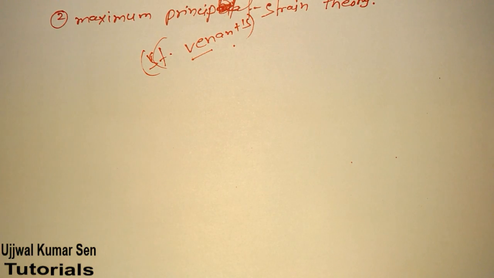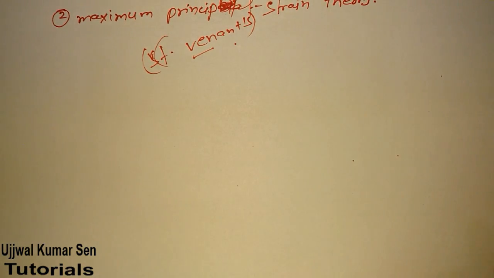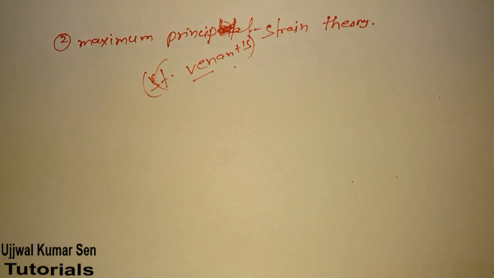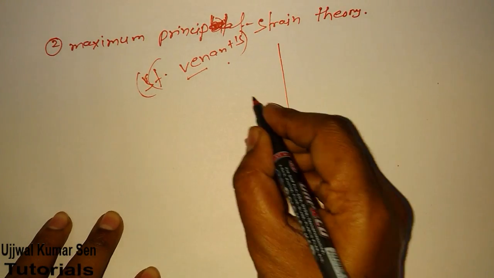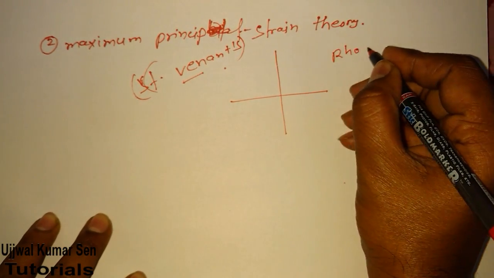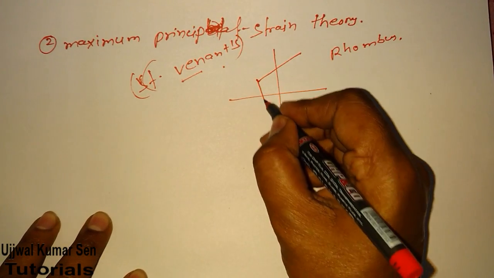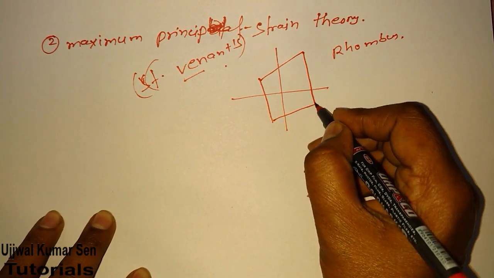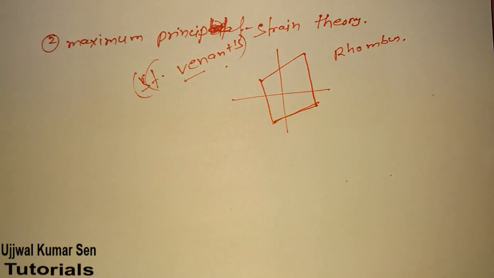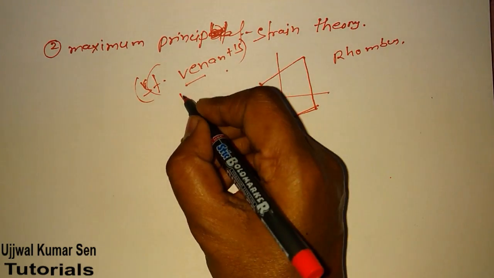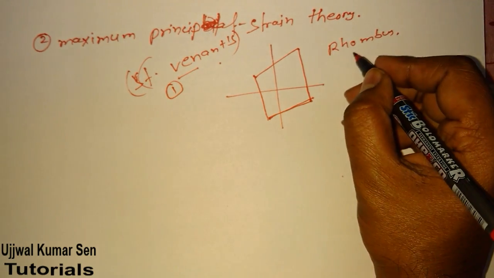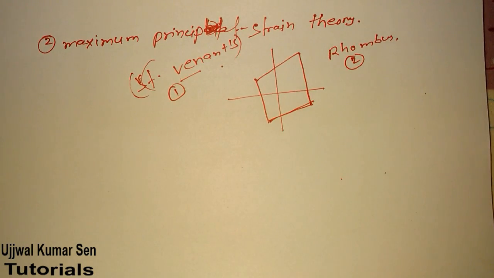And here, just like I have shared with you, we need to know what type of diagram we are following. Graphical representation you can see also. In case of St. Venant's theory, we have a graphical representation that is a rhombus, like this only. So this is one of the key points: the first key point is the another name, and the second key point is that it is known as rhombus.